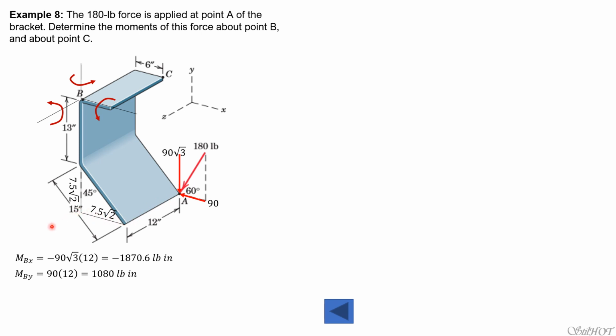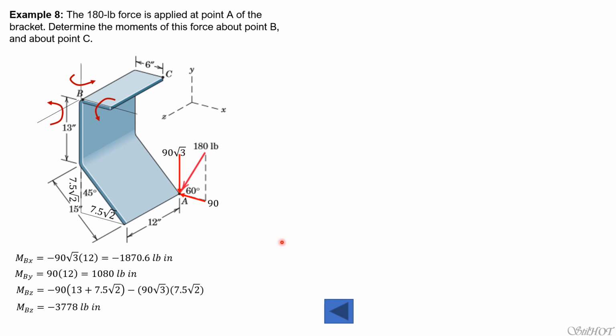Imagine this is also the z-axis. The distance between this line and that line there is equal to 7.5 square root of 2. So MBz is negative 90 times quantity 13 plus 7.5 square root of 2, then negative 90 square root of 3 times quantity 7.5 square root of 2. So computing, MBz is negative